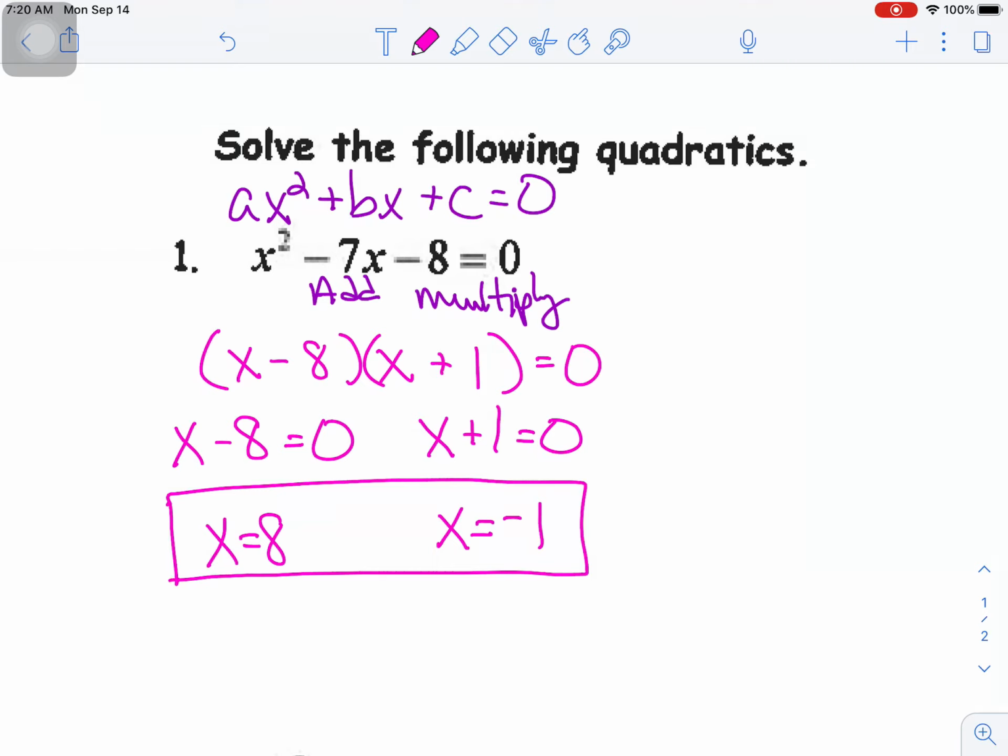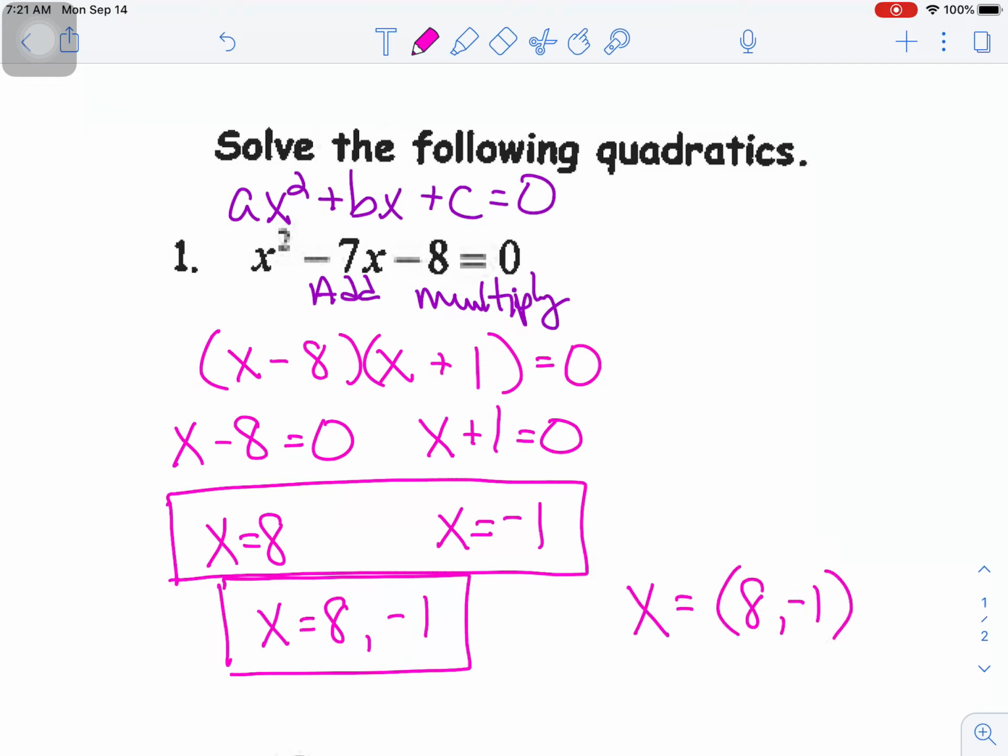You could also choose to write your answers as x is equal to 8, -1. You could put a little comma between them. One word of caution, please do not write your answer with parentheses around it. This notation with the parentheses means one of two things. It either means that this is an ordered pair, the point (8, -1), which is not what we mean when we solve,